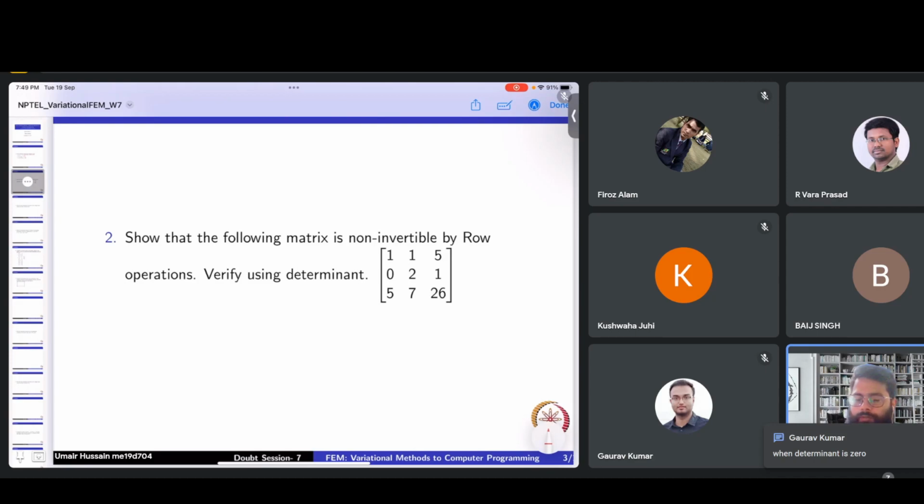And what other condition do we see? If determinant is zero, if rows are linearly dependent, any row is linearly dependent,